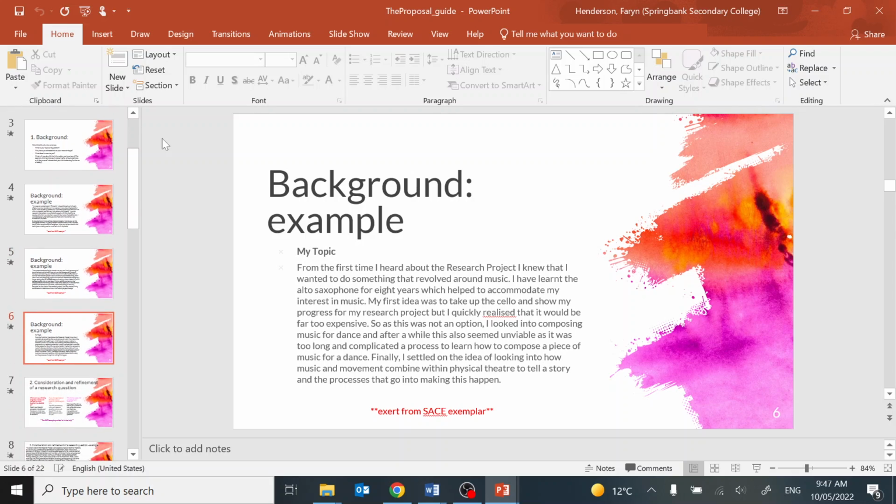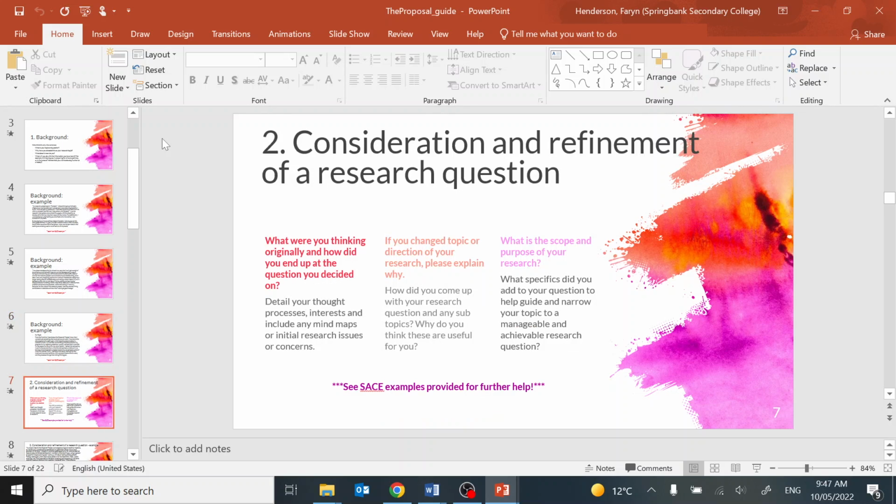Pretty simple. Again, another exemplar. Okay, so, consideration of refinement of a research question. Now, this is one of the main ones that gets marked. So when we go to write this consideration of a refinement of a question, it is one that we do ask you to pay particular attention to. So you're talking about what you were originally thinking and how you ended up on the question you decided